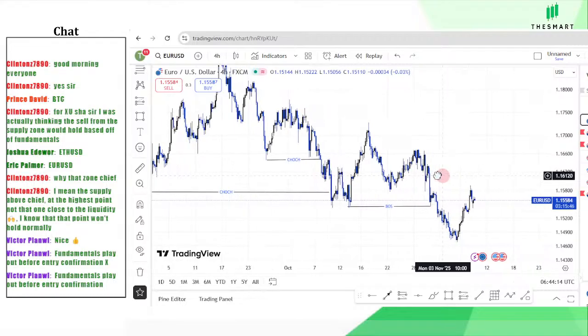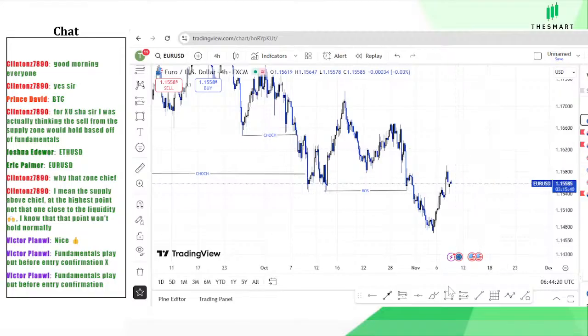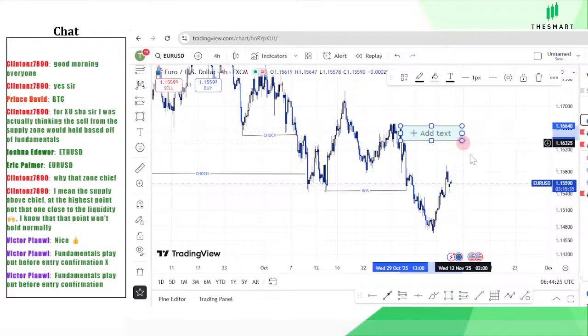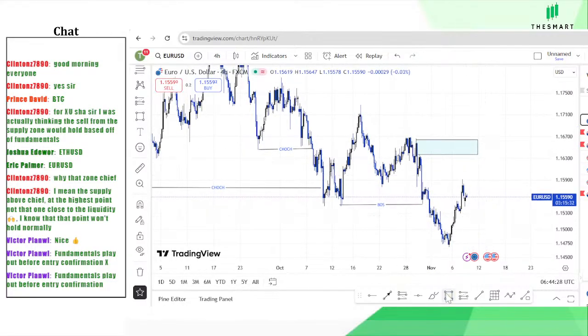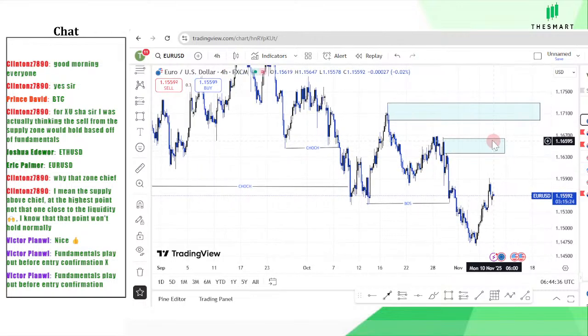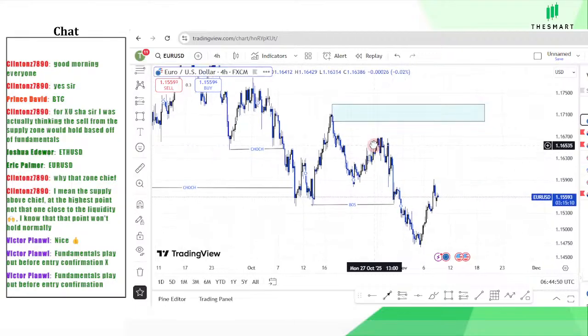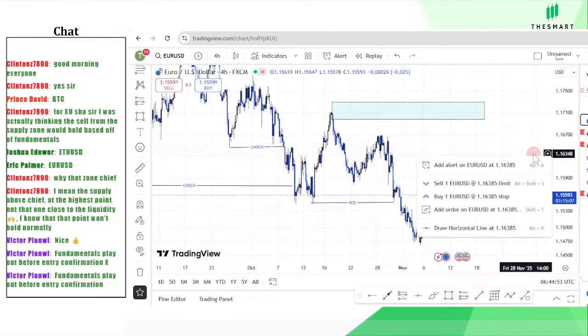All right, so looking at this, seeing this level, I'm seeing this level here, and I'm just seeing something too here. So if we have this level and we have this fair value gap yet to be filled, then we have to delete this level, because price will use this as our inducement level. So from the 4 hours on EU for Eric,